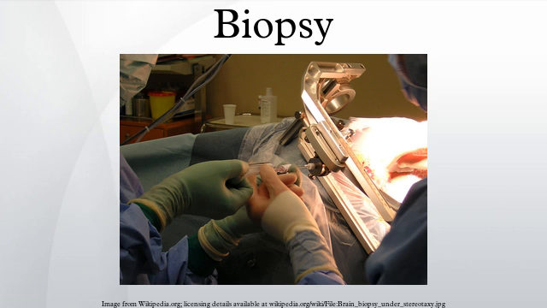When an entire lump or suspicious area is removed, the procedure is called an excisional biopsy. When only a sample of tissue is removed with preservation of the histological architecture of the tissue cells, the procedure is called an incisional biopsy or core biopsy. When a sample of tissue or fluid is removed with a needle in such a way that cells are removed without preserving the histological architecture of the tissue cells, the procedure is called a needle aspiration biopsy.